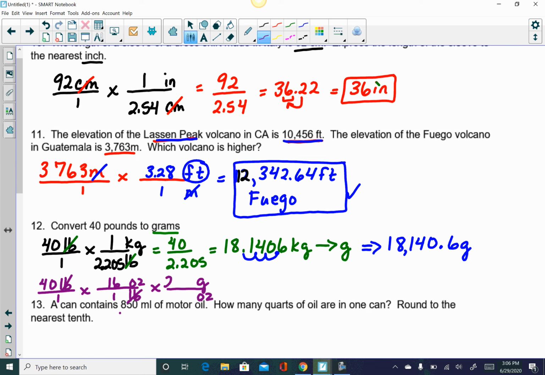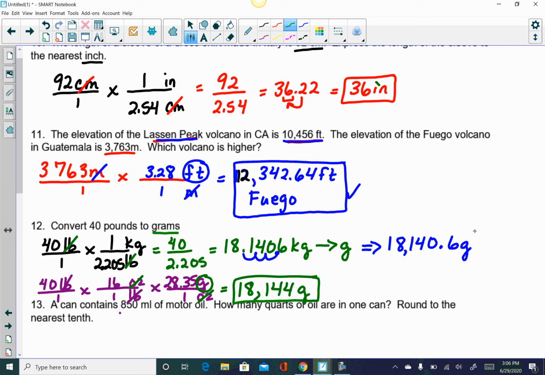There are 28.35 grams in 1 ounce. Just pulling this from your formula sheet. Ounces cancel out. And at this point now, when I stop, I've got my final answer. All that I have to do is just multiply 40 times 16 times the 28.35. That should land you at 18,144 grams. And this is where it gets alarming to folks because they say, oh my gosh, well that's